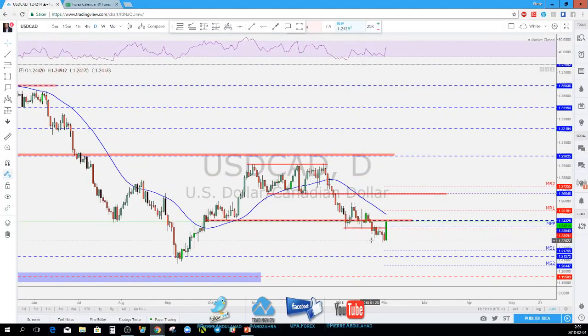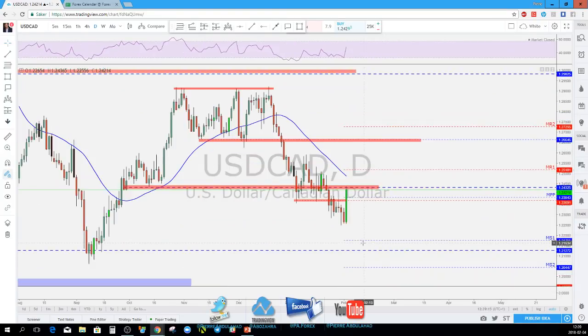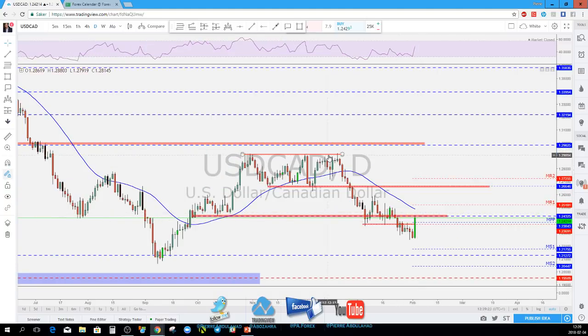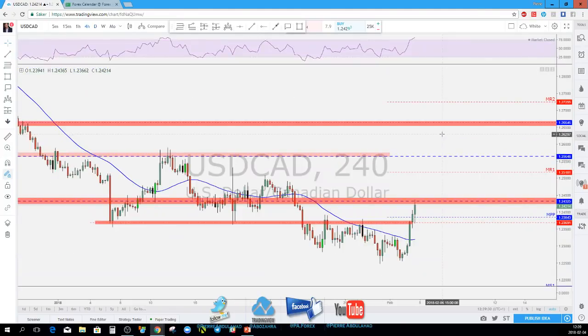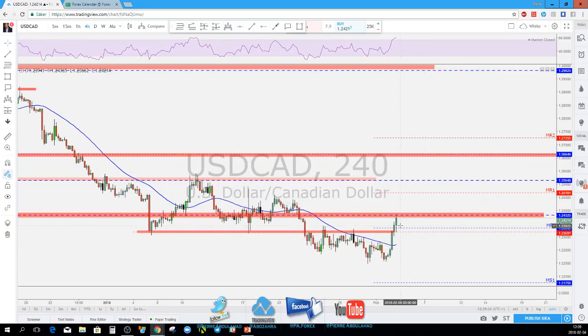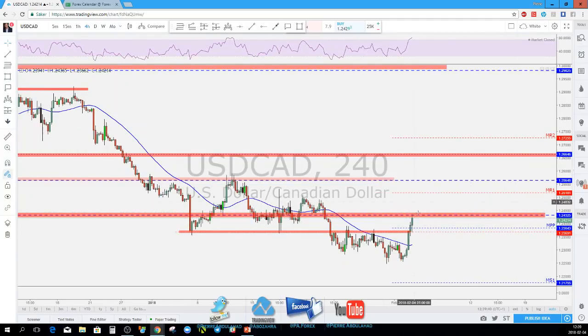USDCAD kept crawling lower until we got the NFP numbers, and that daily candle, the major candle. But still we are in a downtrend here. No major highs were taken out, and I'm thinking something like this on the 4 hour. We are now trading back above this neckline, back above the monthly pivot point, and if this continues